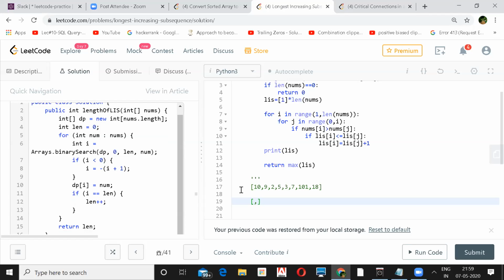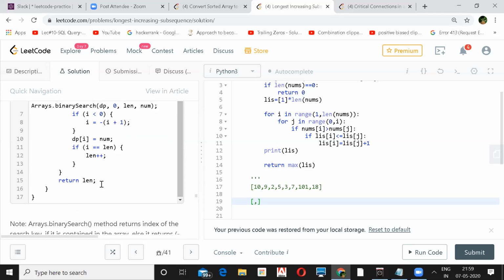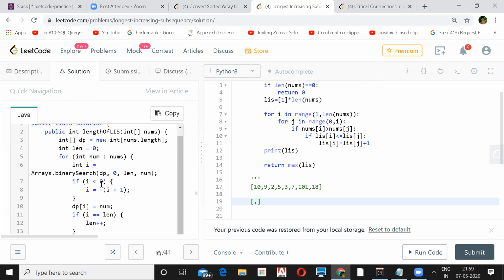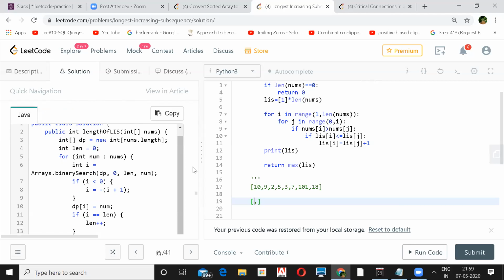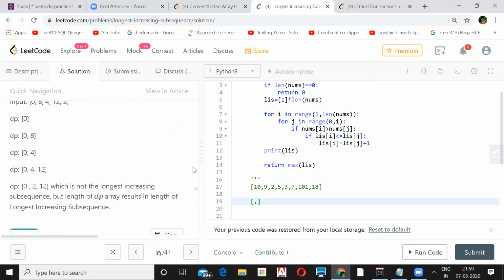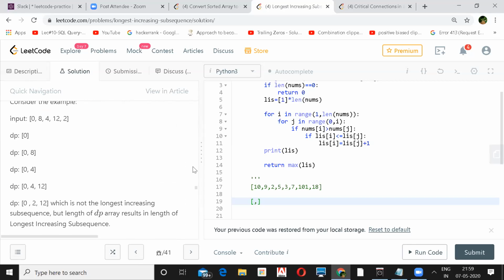If you look at the example he's showing on the top of this, just go above the code. See, if we look at the way it's implemented, it starts with 0.